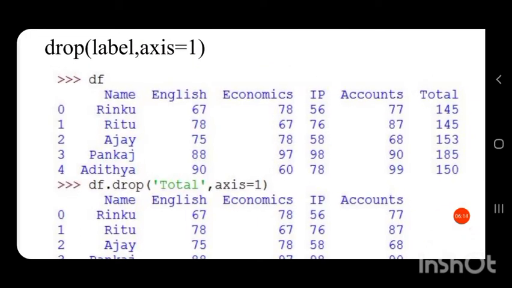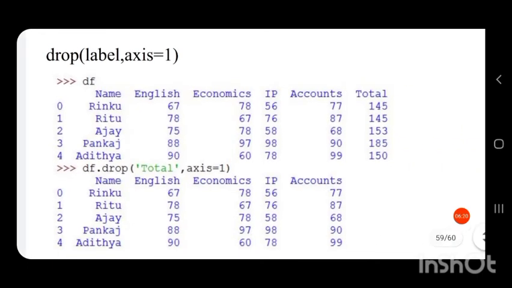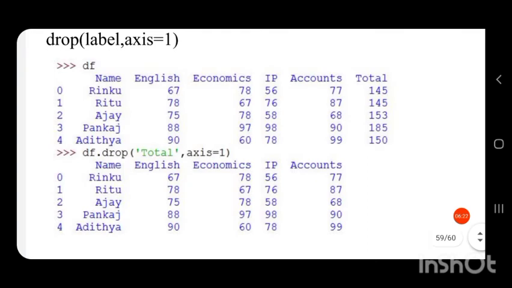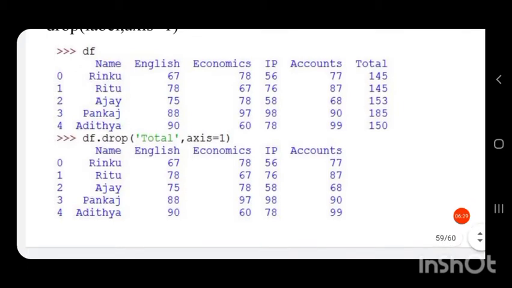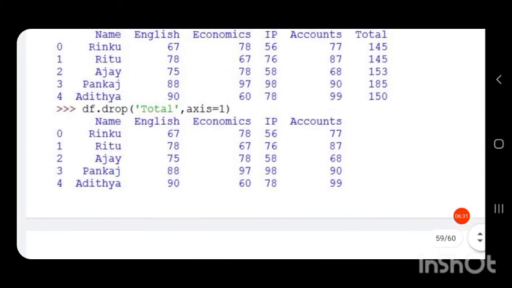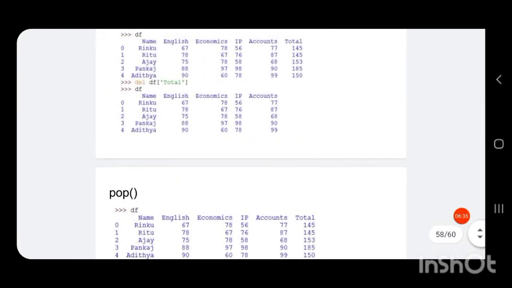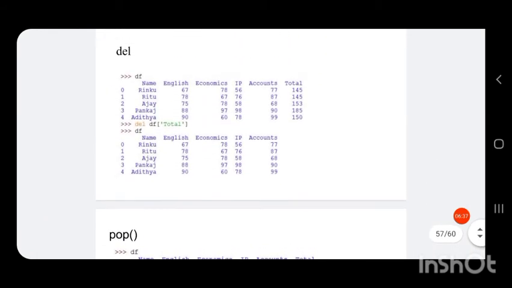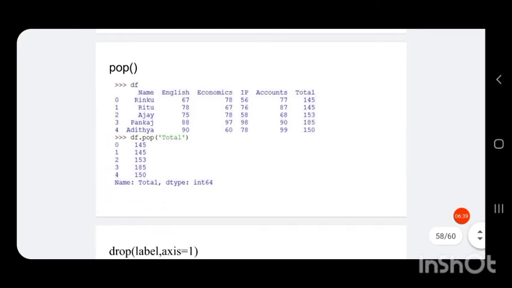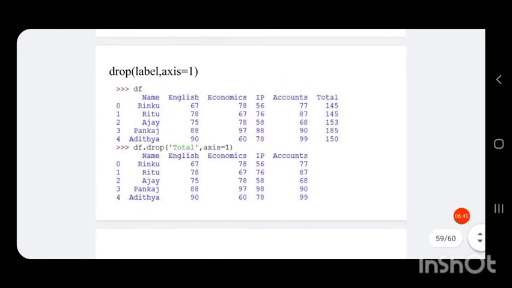The column name is total, given in single quotes, comma, axis equal to 1. When we execute this command, you can see our column total is removed from the data frame. So to delete a column, we have 3 methods: using the del command, or using the pop function or the drop function.